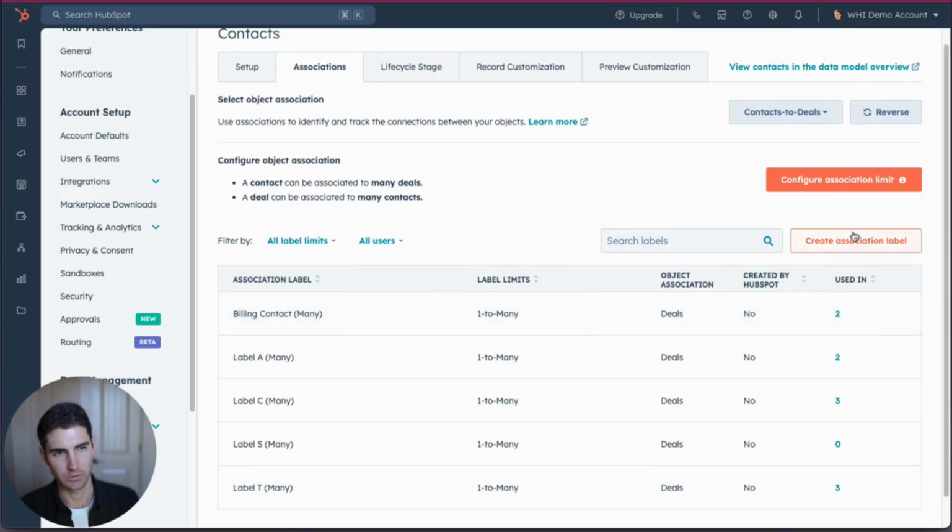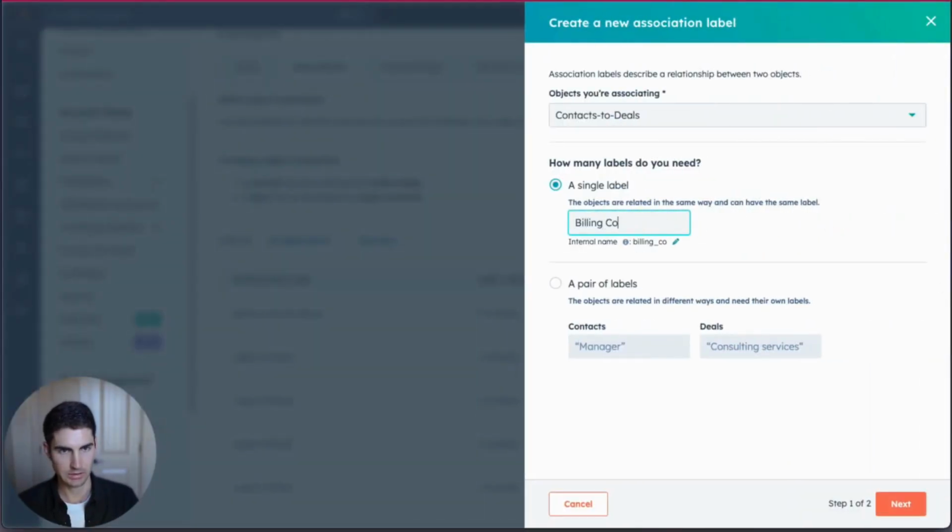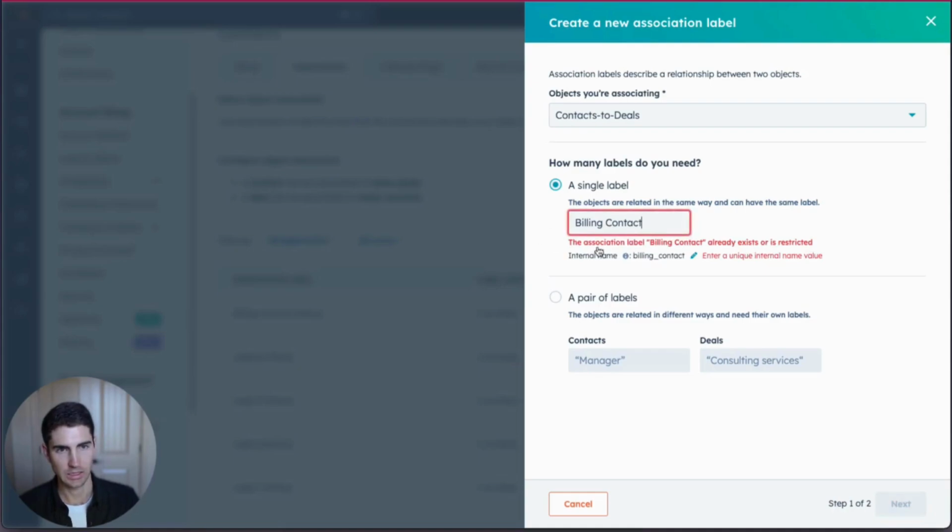One thing you'll note is if I come in and I type in billing contact, it's going to give me an error. And in this case, I do have billing contact already created. It'll also create an error, won't create the association label properly because you've got that contact to company association label already applied for this internal name here. So you can still name it billing contact as far as the label goes, but whenever you're creating this for